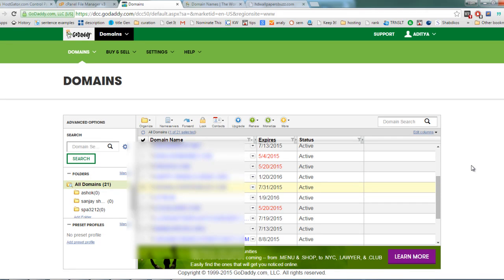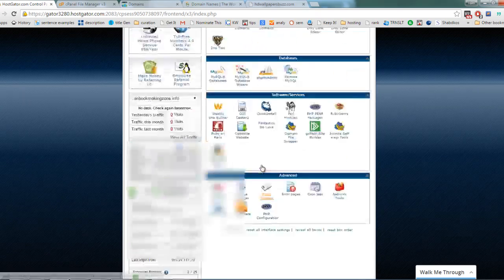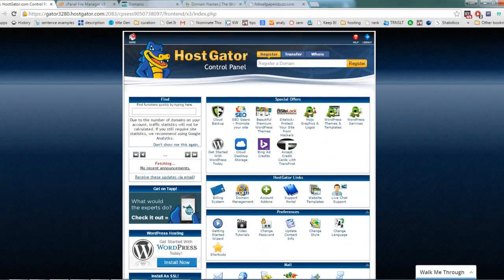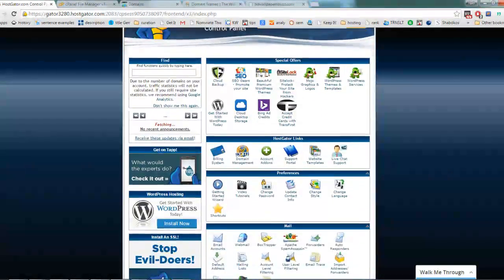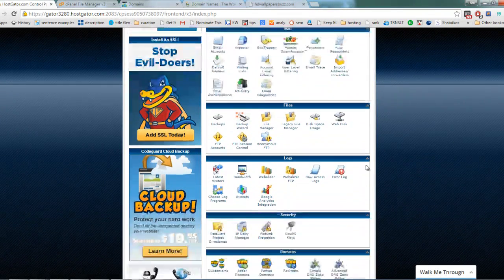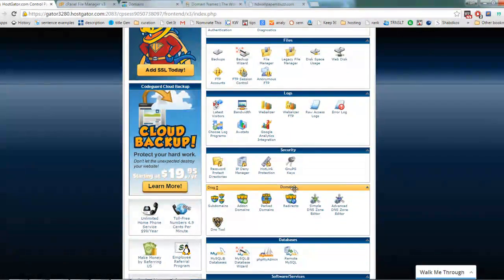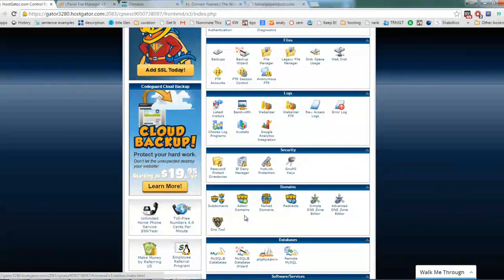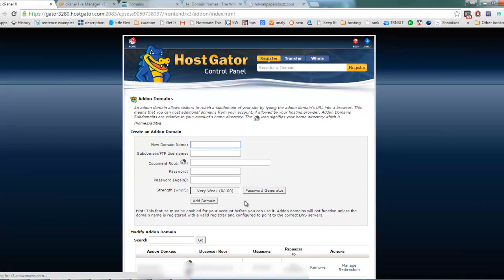Okay, now our name servers are already set up. Now what we have to do is go and add this domain to our hosting account. As you can see, I'm already in my cPanel of HostGator. Scroll down until you come under the domain section here, and there are a few options. One of them is add-on domain. Just click this, and you will be taken to a window where you can add the domain you have selected